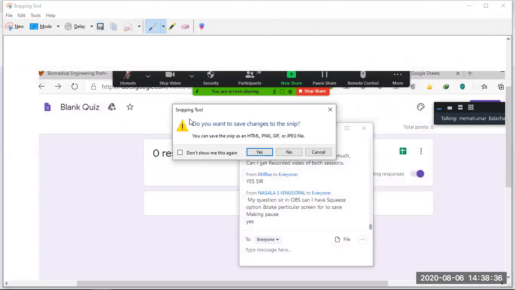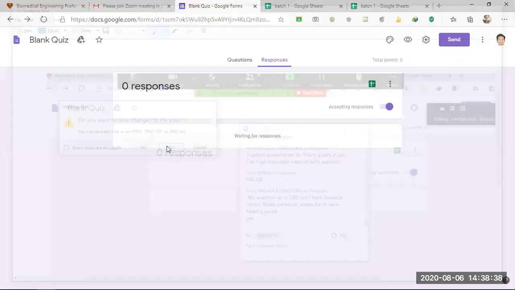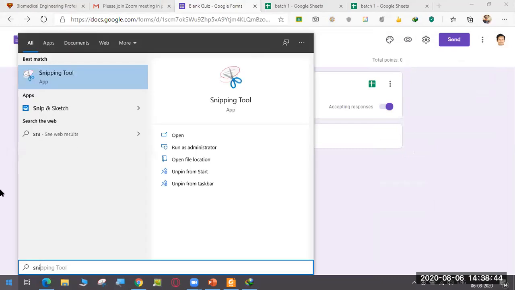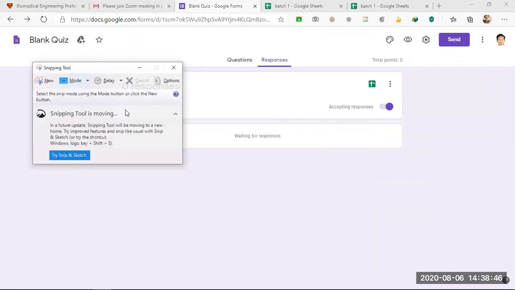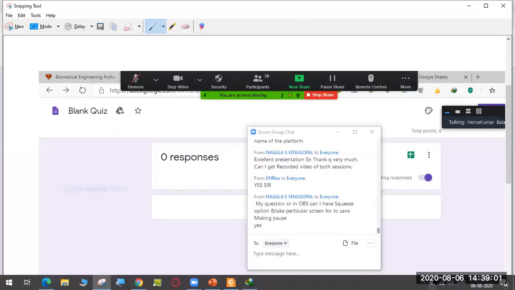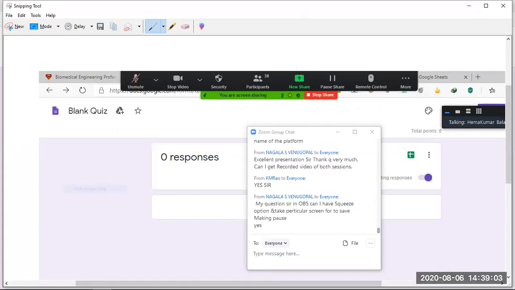By default, it is available in your Windows. You can just type SNIP and you'll be able to access the snipping tool. By default it is rectangular snip, or you can choose full screen snip, which will take a snapshot of the full screen directly. That's how it works.